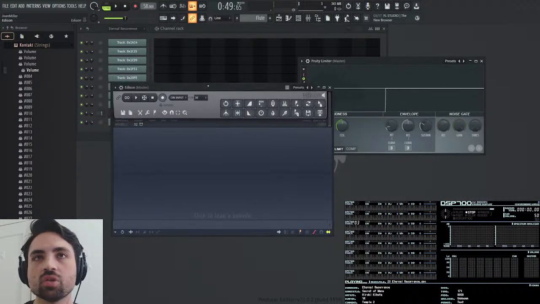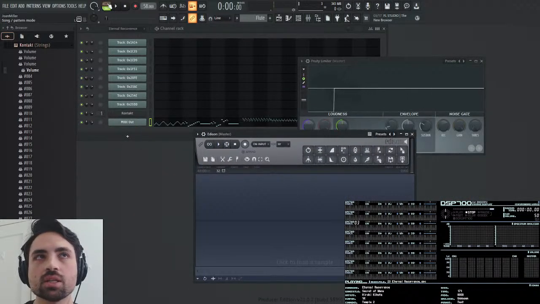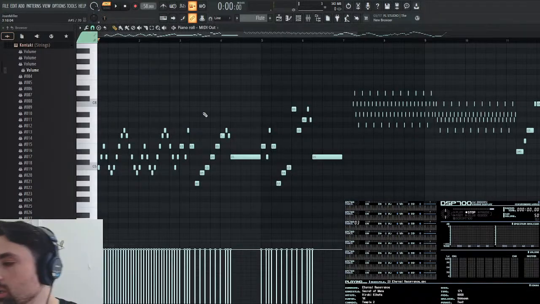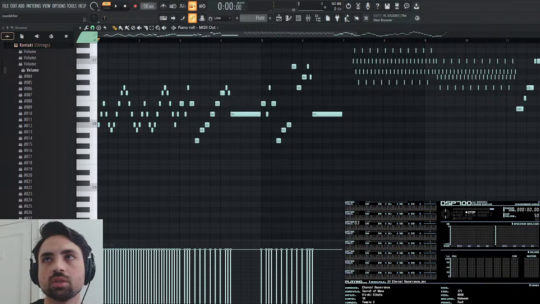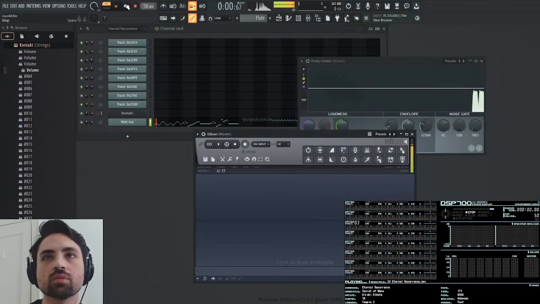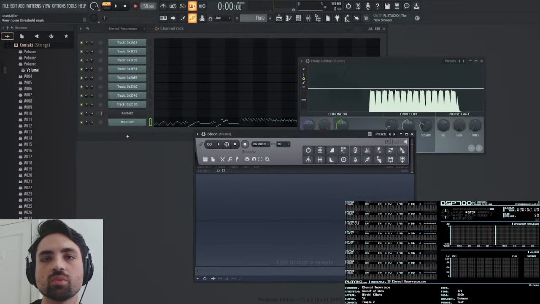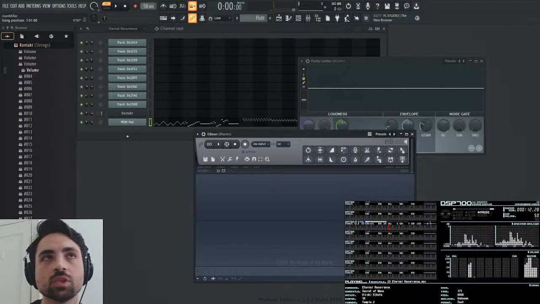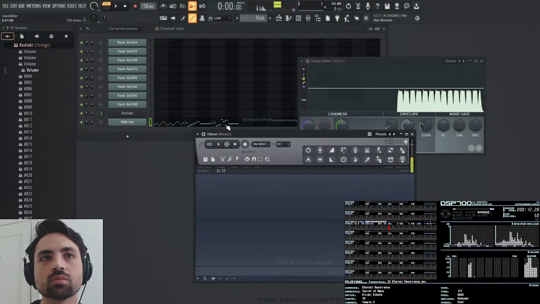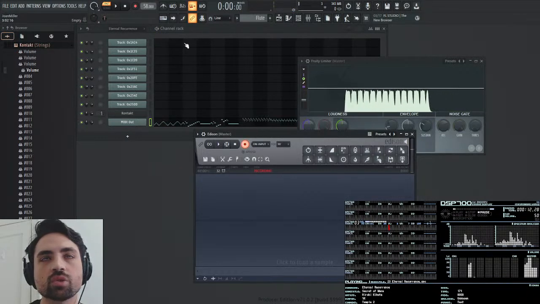If I play it, I can see the envelope, but the flute needs to be pushed an octave up. So I do Control up, and now if we play, that should be the right octave there. Yes. Nice. So now if I press record,